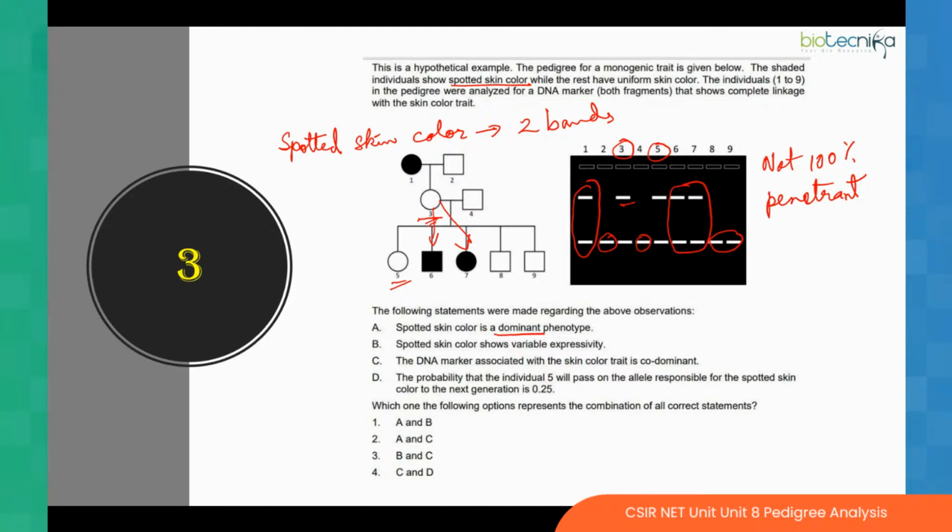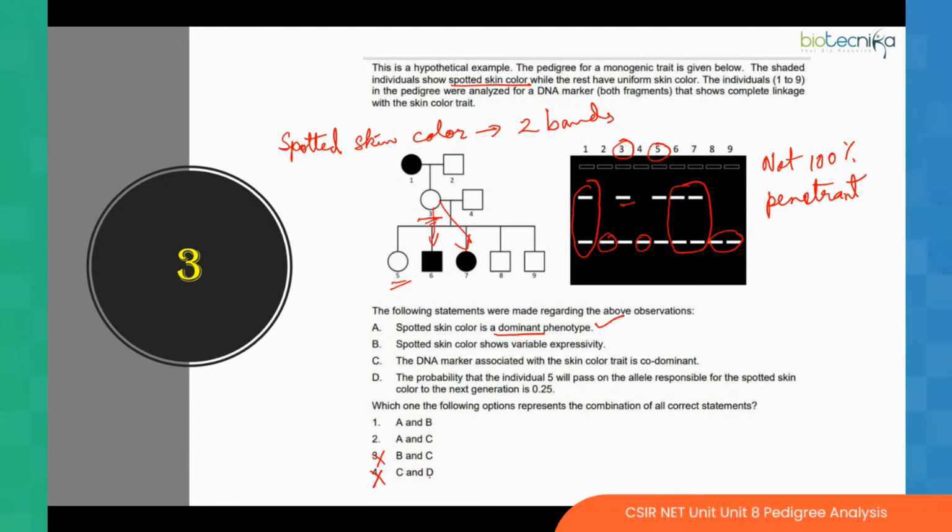Means it is a dominant phenotype, because that is the characteristic of dominant traits, right? That even though they are present in a single copy, the trait will be expressed. Okay, so that means it is a dominant phenotype. So with that, your statement A becomes correct. Okay, now as you are confident that statement A is correct, immediately look for the options. So in the options, you see option 3 and 4 don't have statement A,